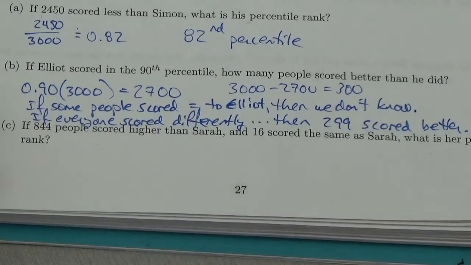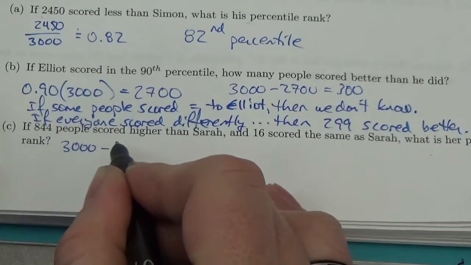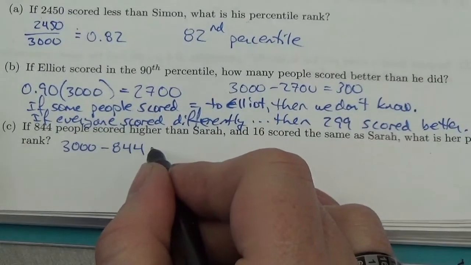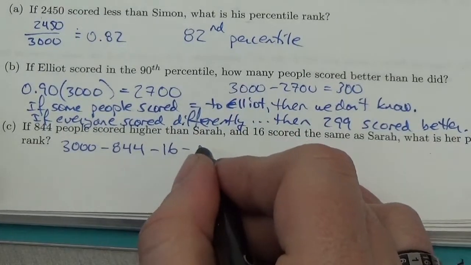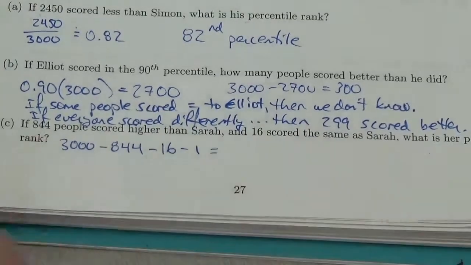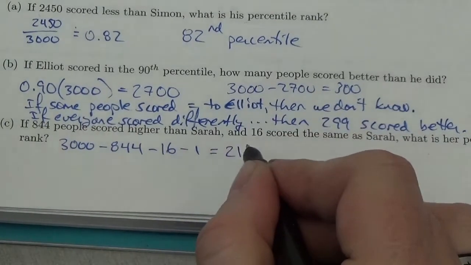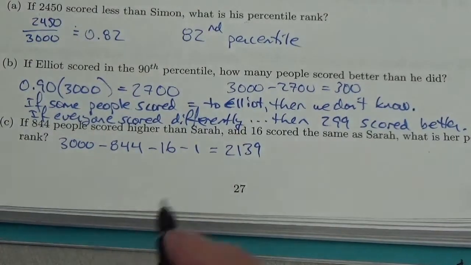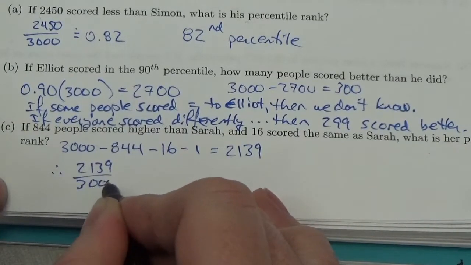Well, we need to figure out how many people scored less than her. So we're going to take the full 3,000 here, and we're going to subtract the 844 that did better than her. We're going to subtract the 16 people that scored the same as her. And then we're actually going to subtract Sarah from that group. So 3,000 minus 844 minus 16 minus 1 is 2,139. This is the number of people that scored less than Sarah. So now we take 2,139 over 3,000,